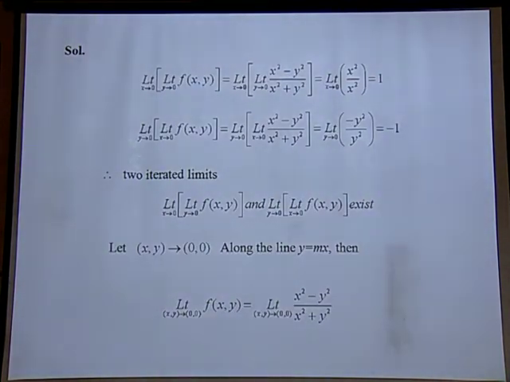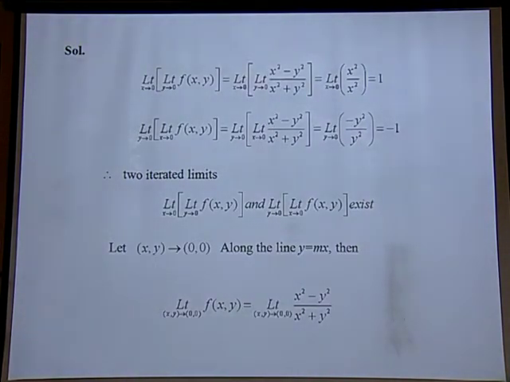So, this is equal to limit of x square over x square as x tends to 0, and this is equal to limit of 1 as x tends to 0, which is equal to always 1. Again, taking the other way around, limit of f of x y as x tends to 0 is equal to limit of x square minus y square over x square plus y square as x tends to 0. Substituting the value of 0, we get 0 inside, so 0 minus y square over 0 plus y square. This is equal to